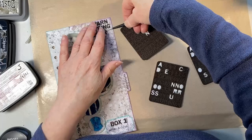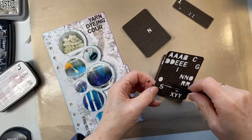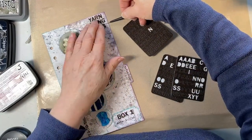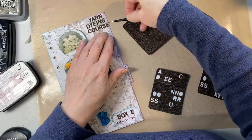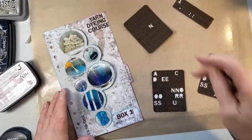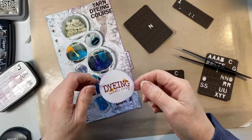Have I got room for an S and an E? I hope so. C-O-U-R-S-E. It's going to be tight. See, some letters are fatter than others. Just about. Yarn dyeing course. There we go. And then finally, I want to put, just not finally, nearly finally, all of the packs come